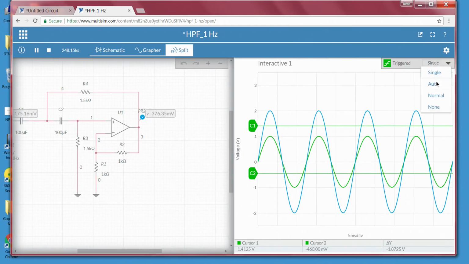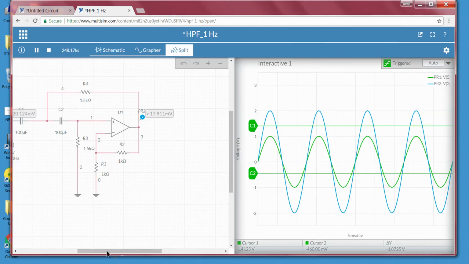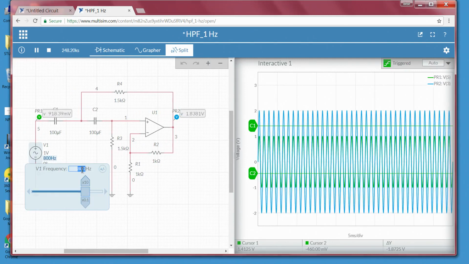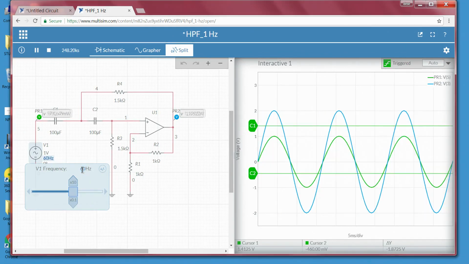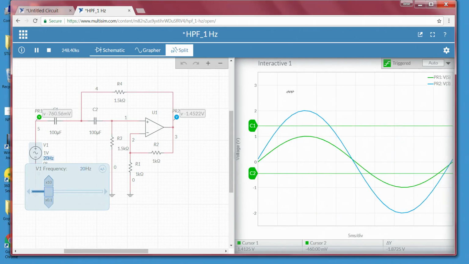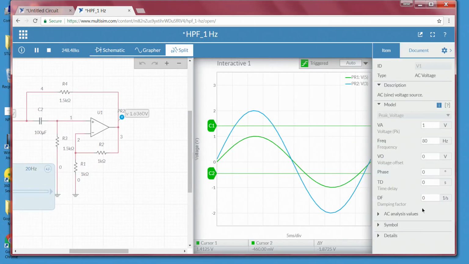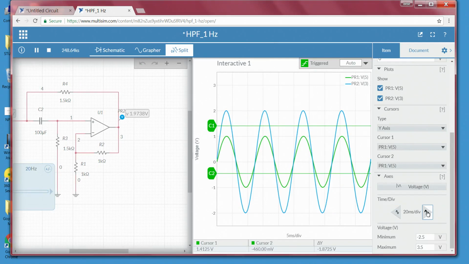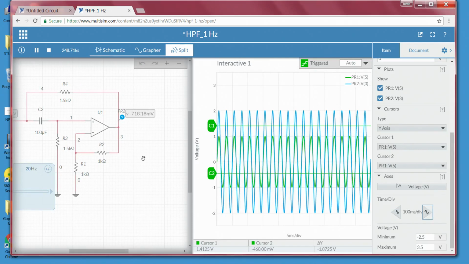I will make it auto, so it automatically changes. Then I go to 60, we can see it is still at 2. 40, still the same. 20, still the same. Since we have to observe smaller frequencies, I will increase the time division so it is easier to visualize.